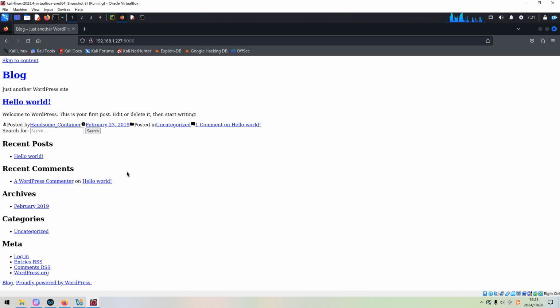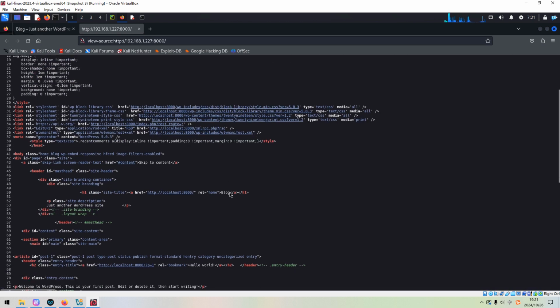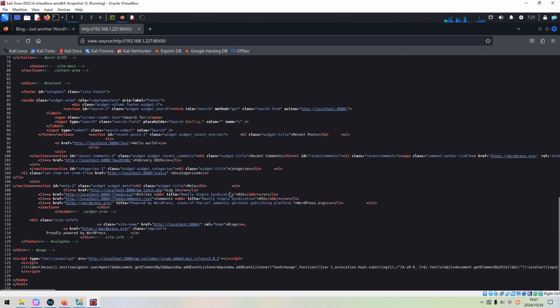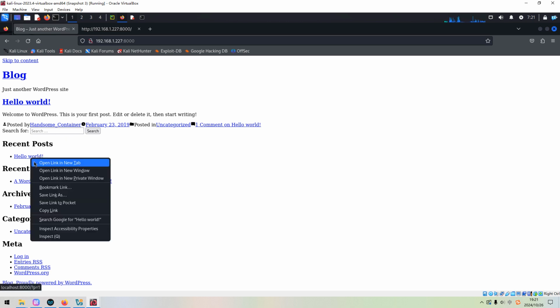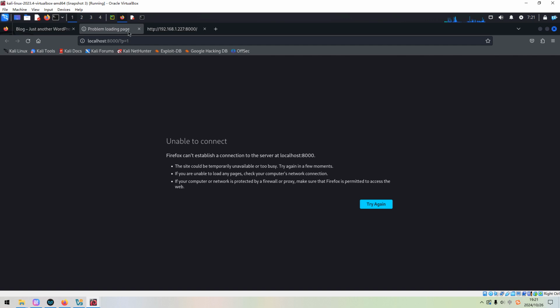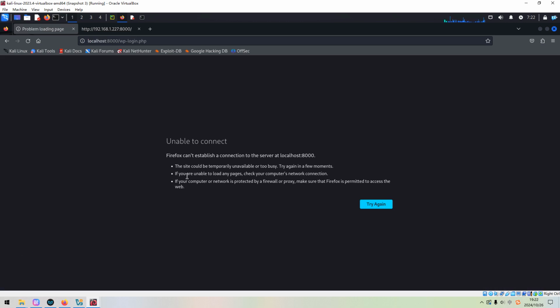Although this page is not rendered properly or completely, which doesn't matter, okay? And we can check its source code. So nothing special here. And also, I think you can notice some links like Hello World, Open Link, but we got some error because this will be led to the localhost. However, localhost is our Kali Linux, so this is the reason. But this doesn't matter. And also, we can log in. I think we will get the error too.